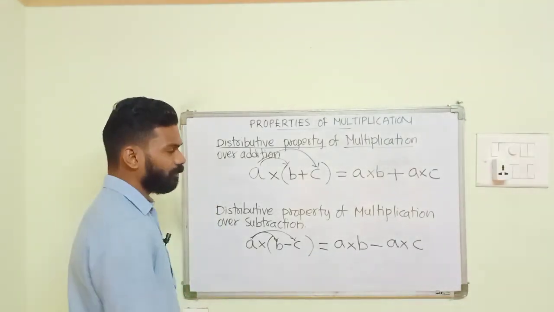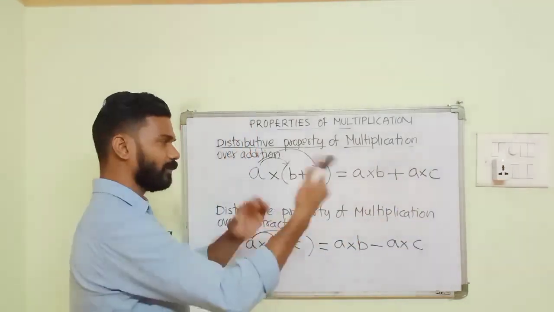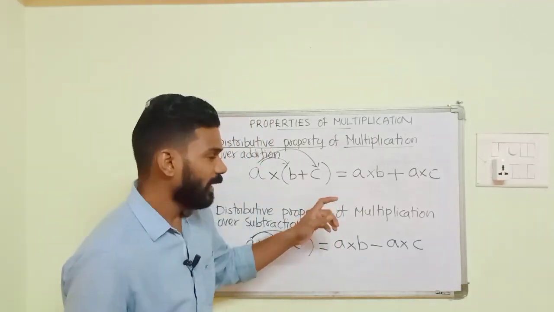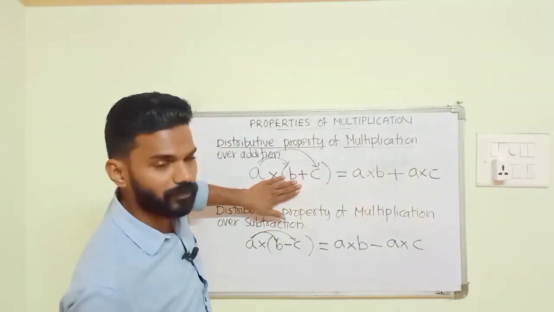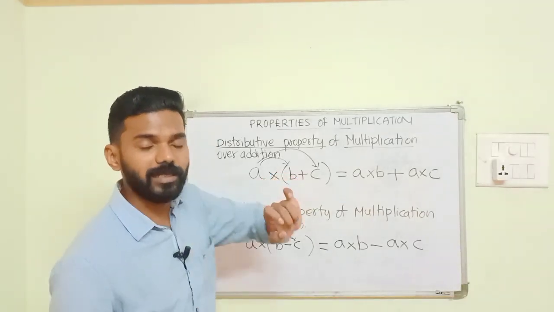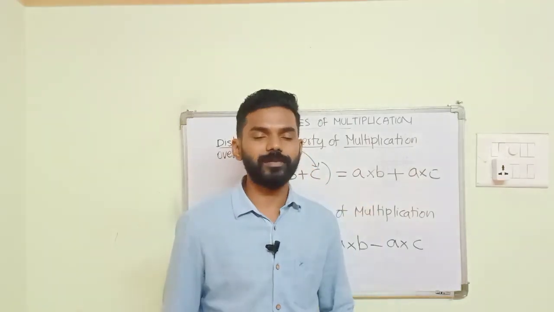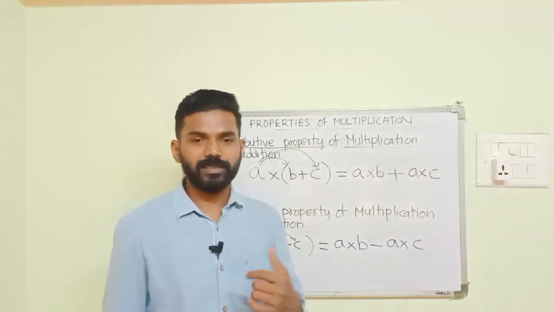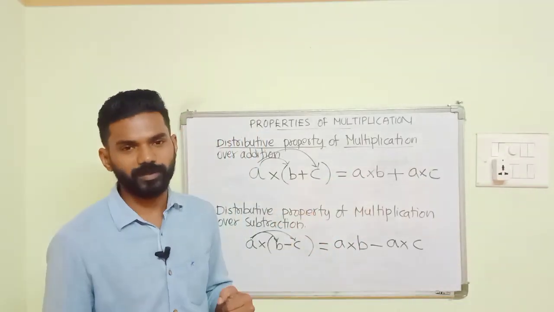In another type, the second form will be given. The expanded form will be given. The distributed form will be given. And you need to reconvert it into the short form. And you can do it in a simple manner. These are the two types of problems that can be asked from these two sections. So let us check how it can be done by bringing some examples.